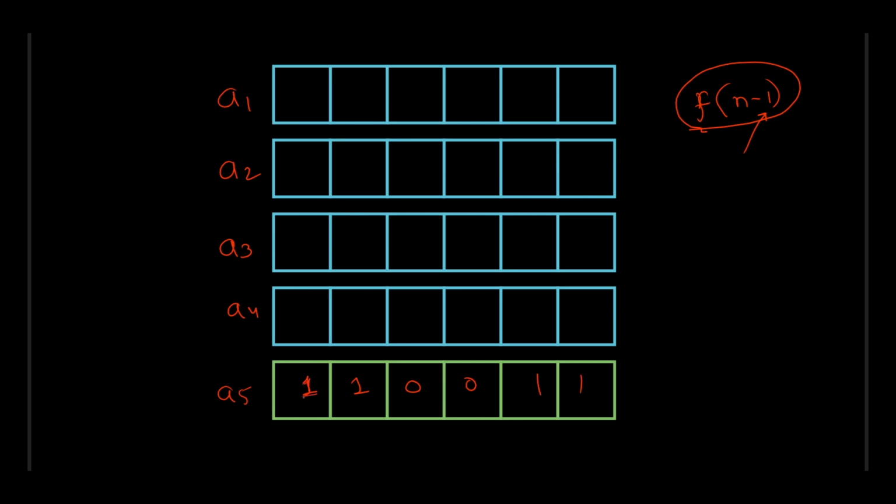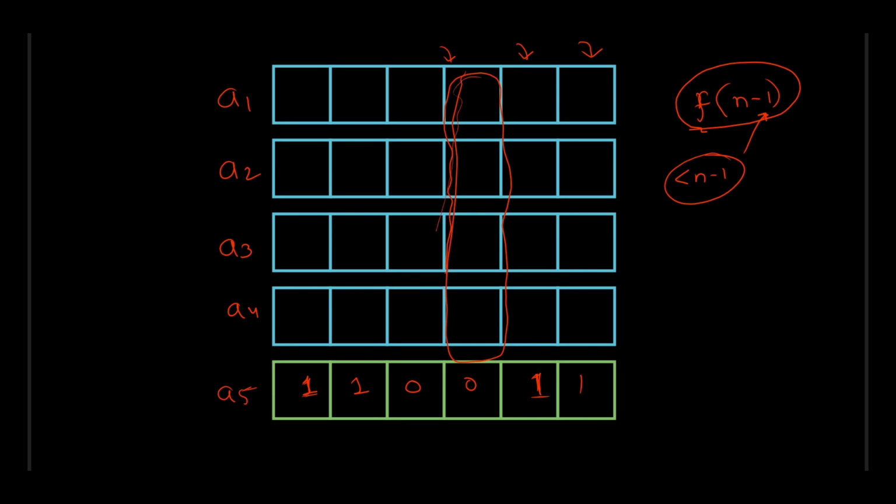Now let's see if we can infer something from this or not. You are computing the bitwise AND of all the subsequences, or all the subsets, with size n minus 1. Now let's try to compute the answer bit by bit. When you're computing the answer for this particular bit index, if this bit index has less than n minus 1 bits,